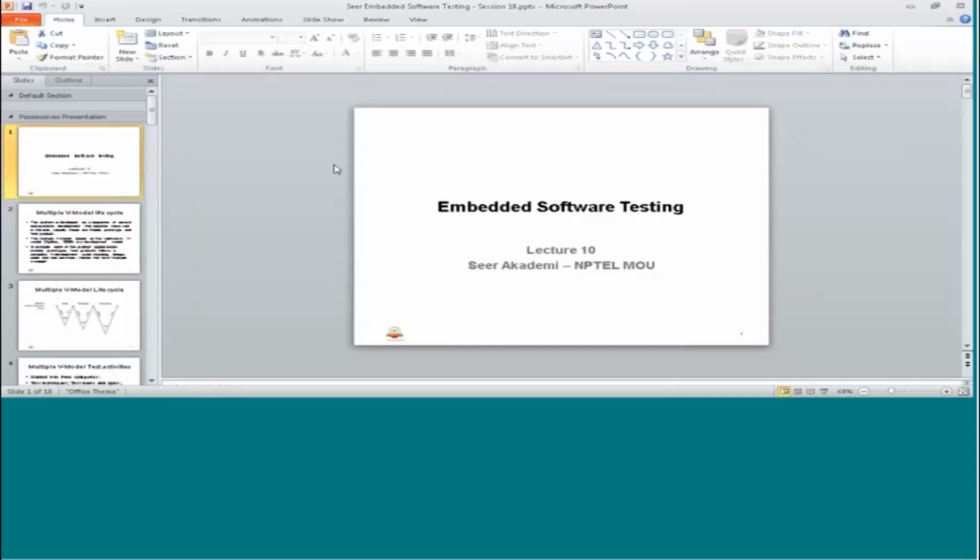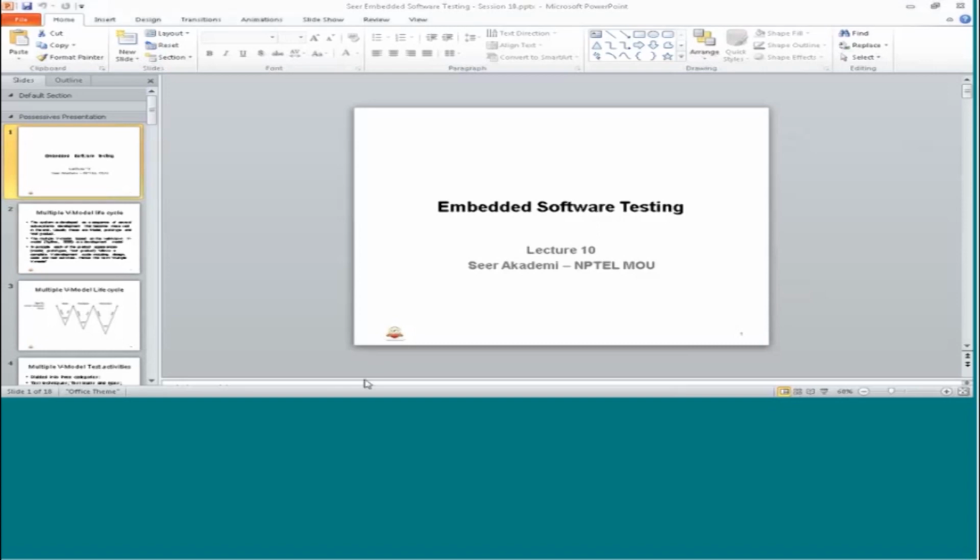Next session of embedded software testing. This is lecture 10. This is in continuation of the embedded development life cycle and testing life cycle and different types of life cycle like V model, multiple V model, master V model, etc. So in the earlier session